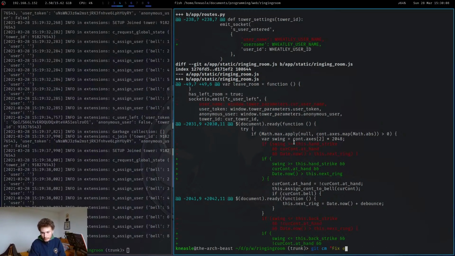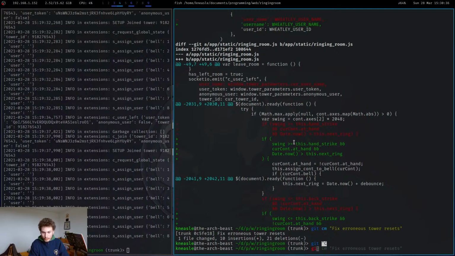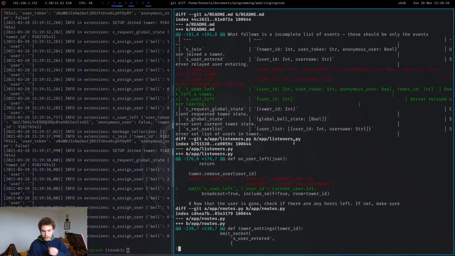What is it? Fix erroneous tower. This is how you spell erroneous, right? Just because someone yay or nay that my spelling is correct. I think it is, because it's like erroneous. Spelling is fine, excellent. Right, so now we've committed that, we need to decide what to commit next, and I think doing the